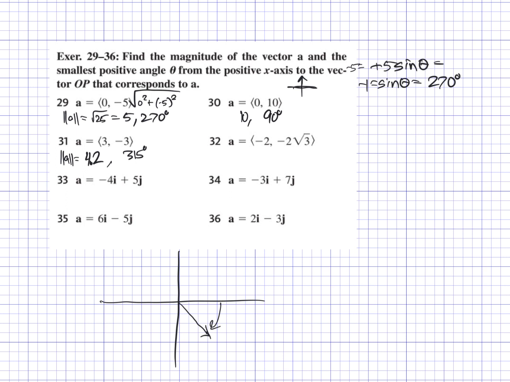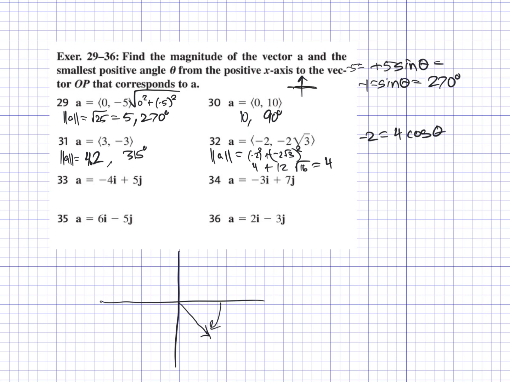All right, so now 32. Let's just go ahead and do the magnitude to get it out of the way. So negative 2 squared plus negative 2 squared plus the square root of 3 squared. Negative 2 squared is 4, negative 2 squared is 4, and the square root of 3 squared is 3. So 4 times 3 is 12, so this would be the square root of 16, or 4. That's our magnitude. So now we can use the horizontal component, negative 2 equals the magnitude times the cosine of